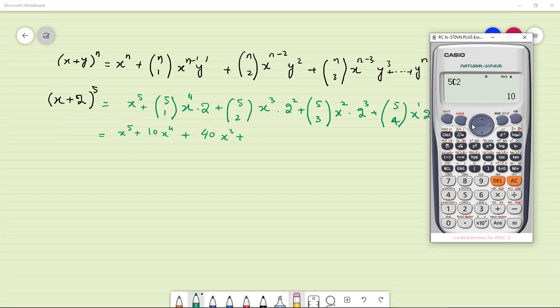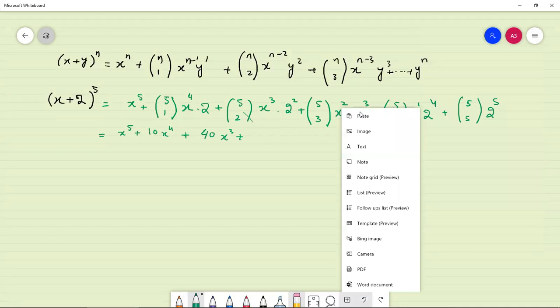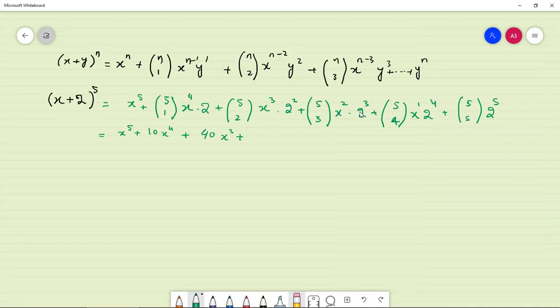Just put 5C3, which is also 10, while 2 power 3 is 8, so this would become 80x squared, plus